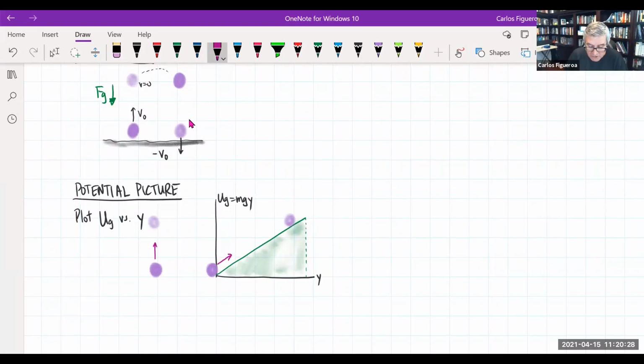And you know that it cannot go forever, right? It cannot go forever. So if I wanted to translate the force picture onto my potential picture, then look at this here. The first thing that I would do is, from the potential energy, I should be careful, the gravitational potential energy function,